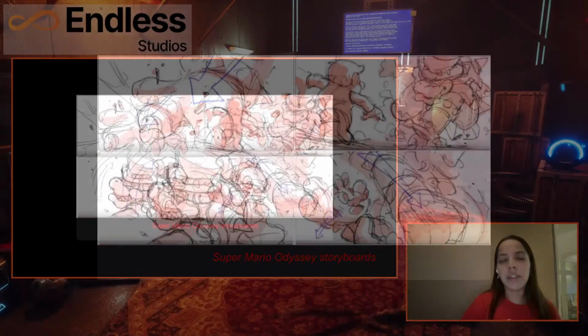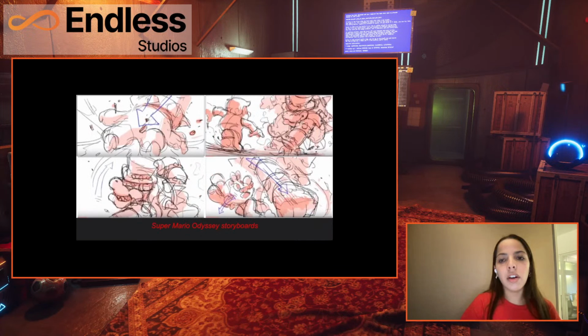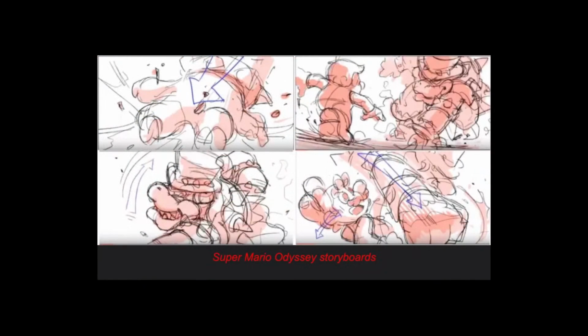Storyboarding is very iterative in all visual practices. So whether you're making a game, a film, or an animation, it will all typically start as a sketch. And you can sketch on paper, you can sketch on iPad, wherever your heart desires, as long as you're able to get your ideas onto paper and tell them narratively, almost frame by frame.